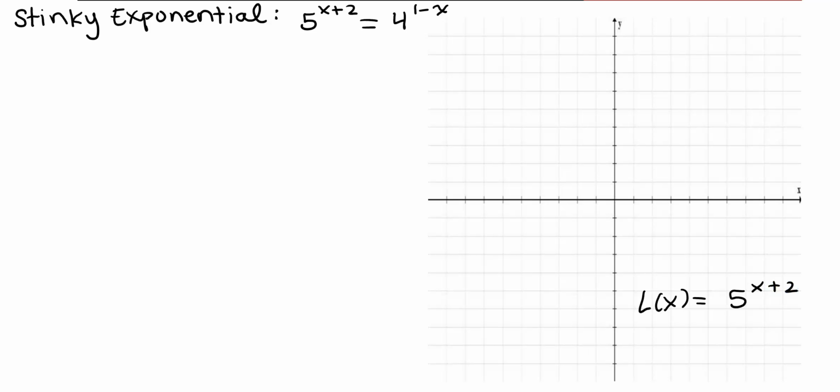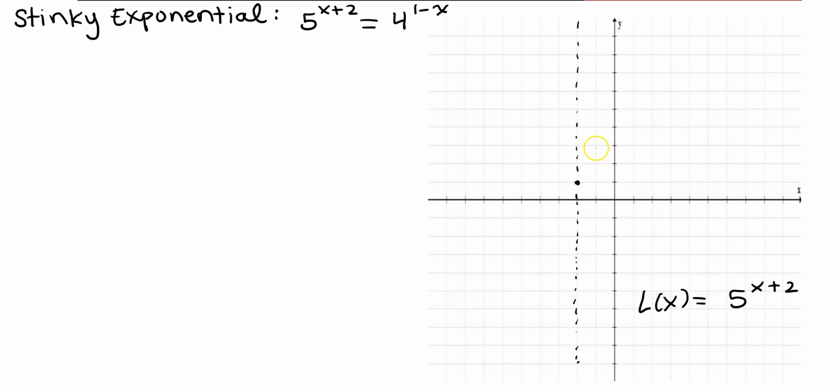That is an exponential function moving to the left 2 units. So left 1, left 2 units right here. The exponential function always crosses at 0, 1. So you have that point right there, that point right here at 0, 1, right? And then if you think about moving left 2, you have this new y-axis right here, and the x-axis stays the same, right? So 0, 1 is right there, and since the base is 5, you would go over